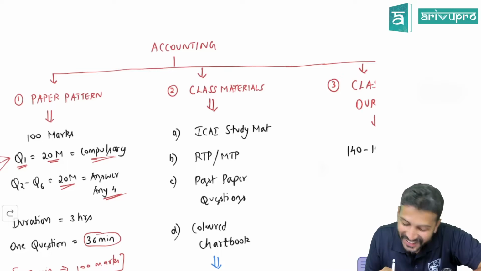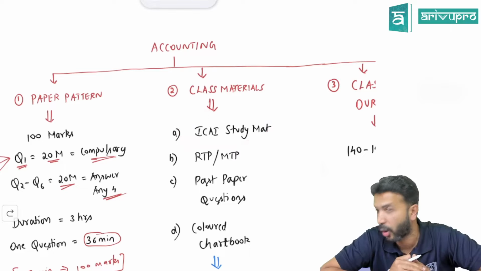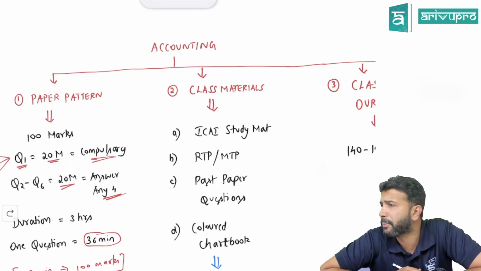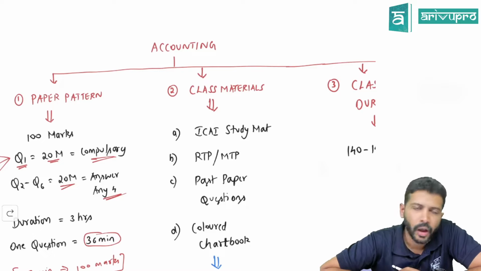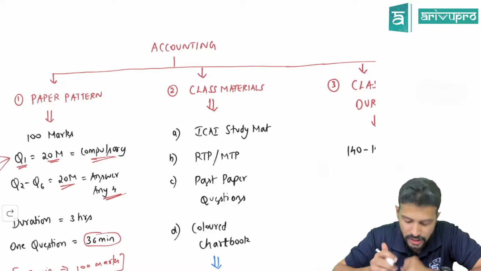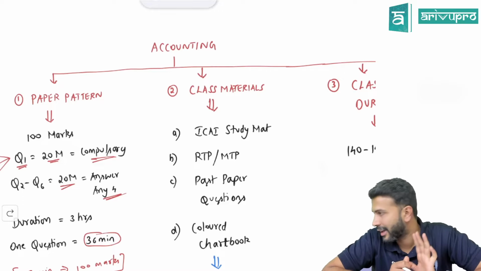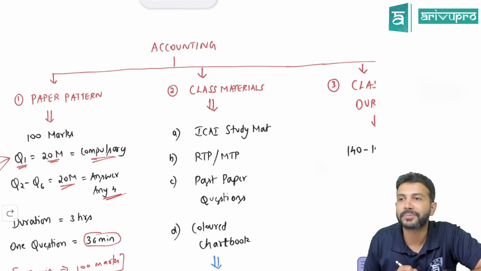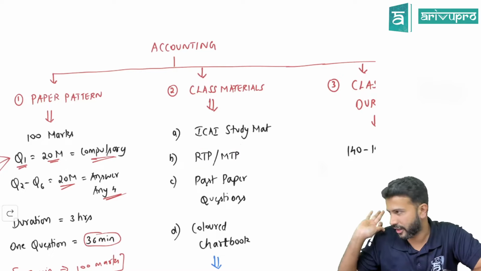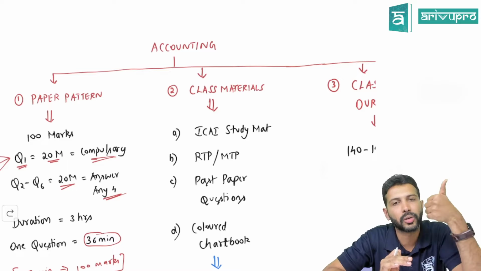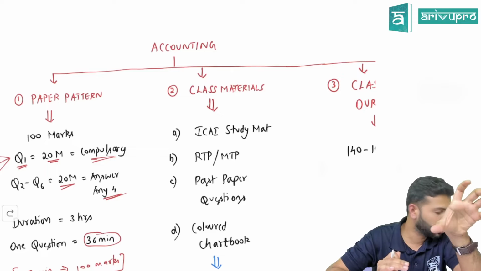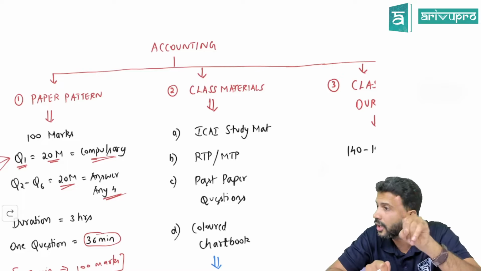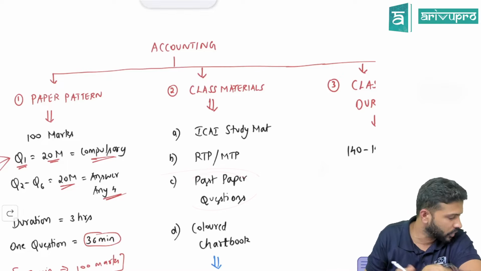So, the ICAI study material questions I've included in my material. All the types of ICAI material questions I've included. RTP, MTP. What is that? RTP stands for revision test papers. MTP stands for mock test paper or model test paper or whatever you can call it. Who releases it? Our mother body, which is ICAI. Every examination, they will release RTP and MTP. All those different types of questions available in RTP and MTP, I have tried to incorporate within the notes. And some past paper questions also I have tried to bring.